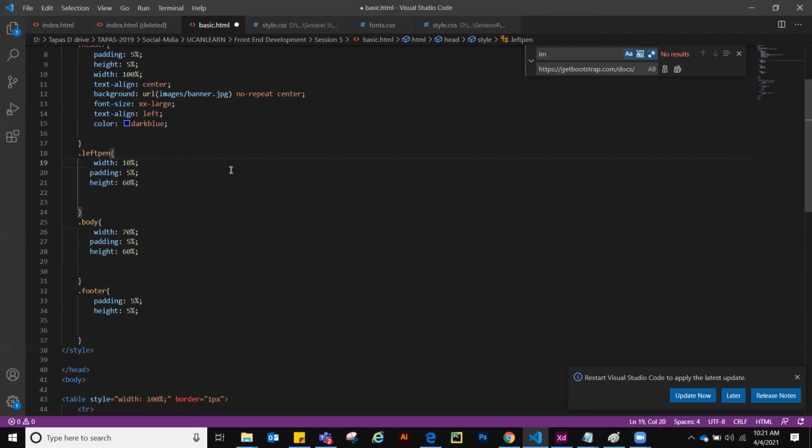So the calculation is 5 plus 5 plus 10, again plus 5 plus 5 plus 70. Now if you calculate the entire thing, 5 plus 5 is padding left and right, and 70 makes 80. 5 plus 5 padding is 10 and 10, 20. So the total is equal to 100. Clear?